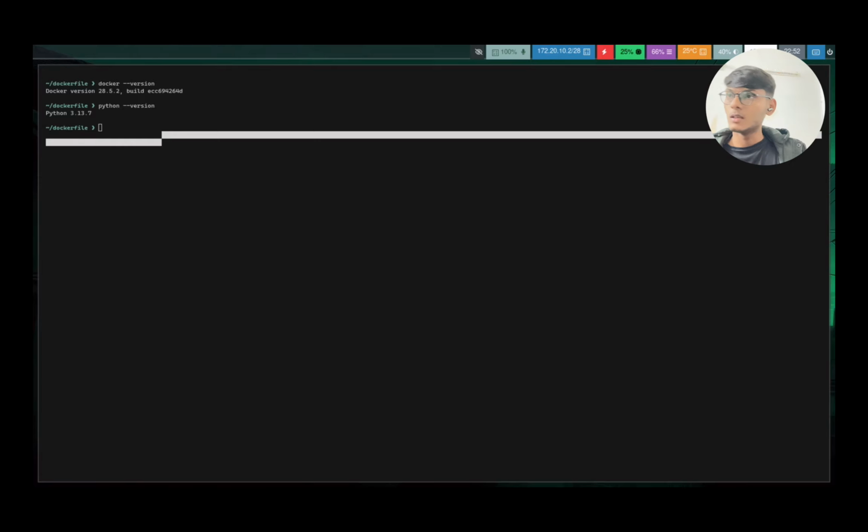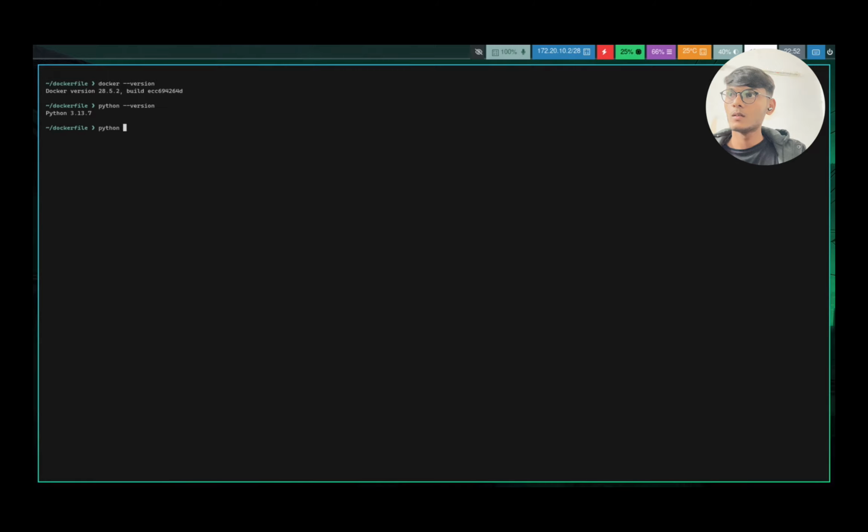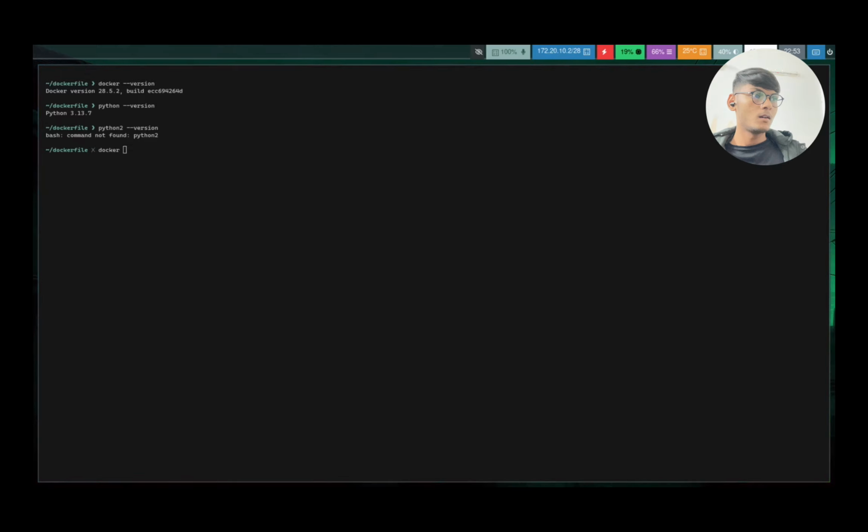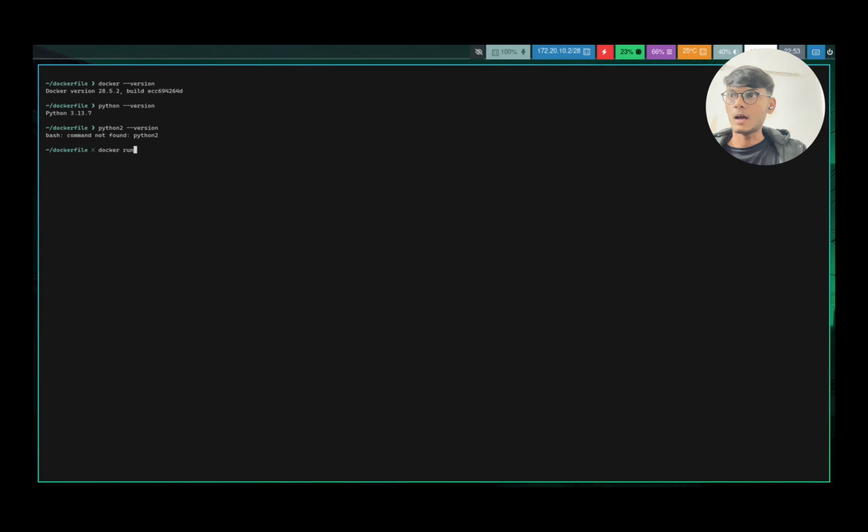I will first check the Python 2 version on my system. Here it says command not found, but I want it, so I run docker run -it python:2.7.